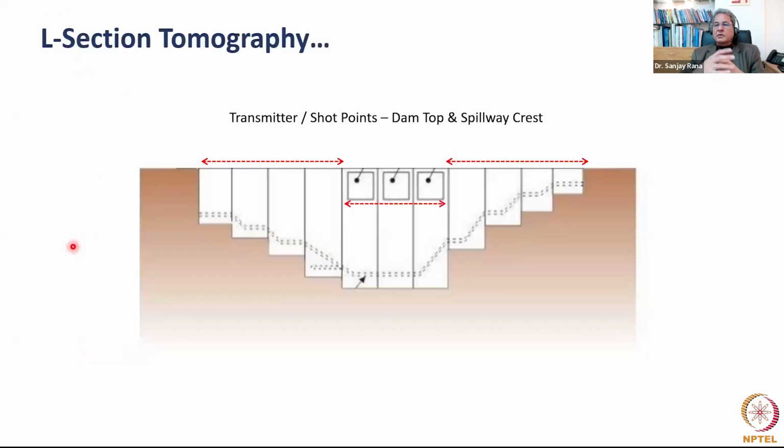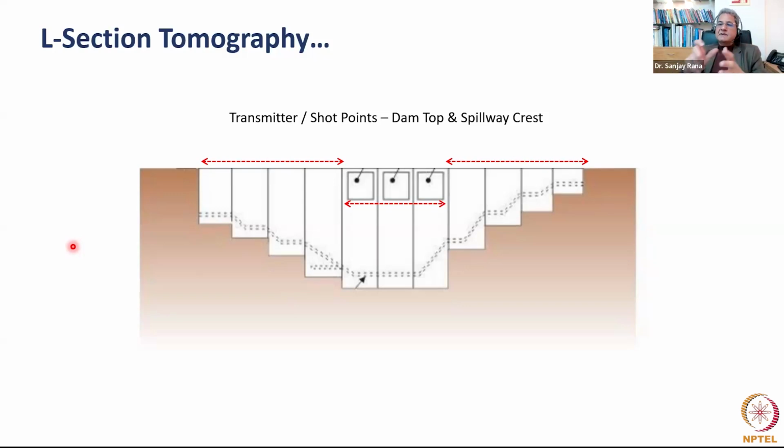When we talk about tomography, the word tomography itself comes from tomo plus graphy. Tomo is a slice and graphy is to write. So to write a slice is where the tomography comes from. It's a term which is used a lot in medical imaging. We have this CT scan. There, if you have seen, they give slices of different parts of your investigated area. Similarly, in geophysics also, we are doing the investigation and practically creating the slices of the subsurface to be able to visualize the physical properties there.